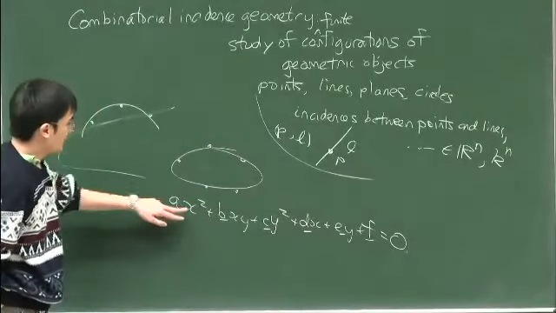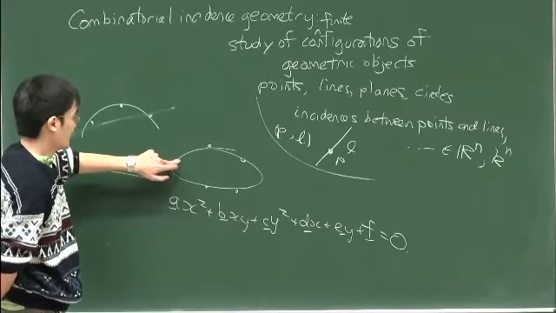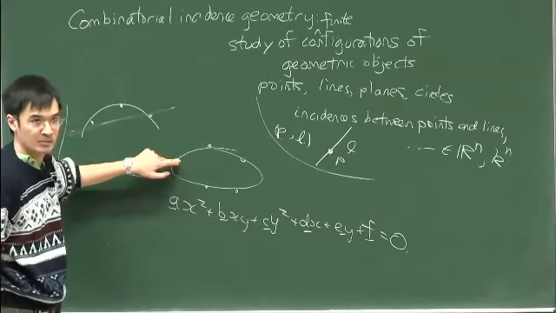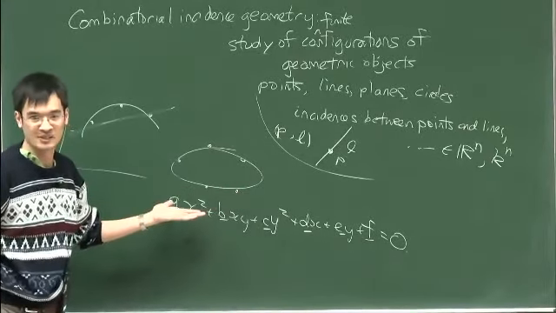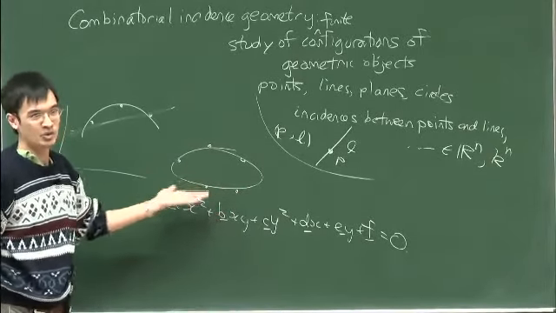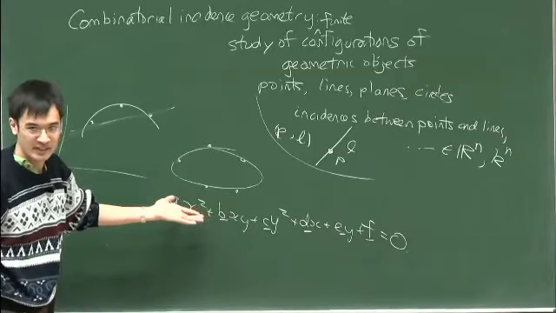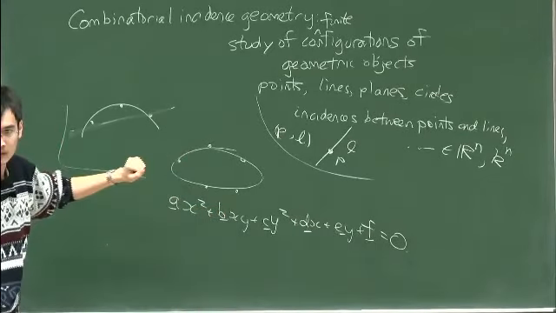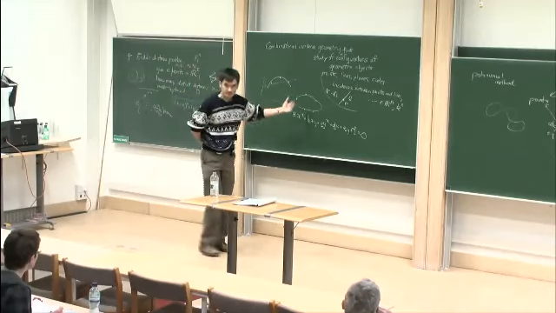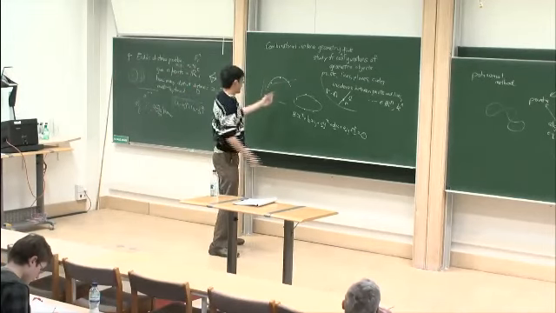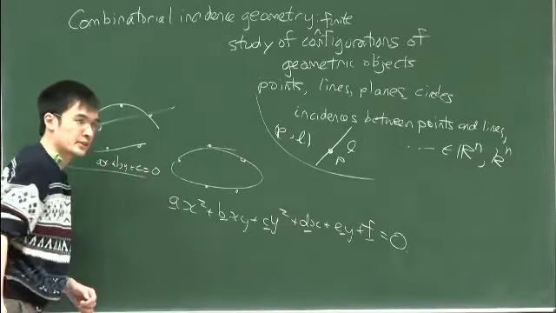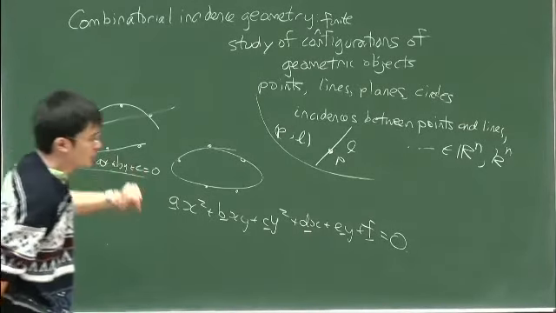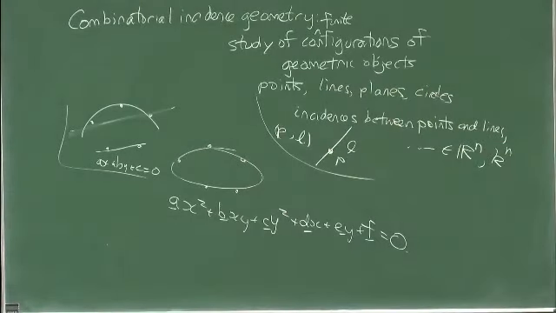Okay, and if you want this polynomial to vanish at this point, that's one linear constraint between these 6 numbers. So if you want your polynomial to vanish at 5 points, that's 5 linear constraints and 6 unknowns. And 6 is bigger than 5, so there is a non-trivial solution to this problem by linear algebra. Hence, there is at least one conic section that goes through these 5 points. That's the same reason why there's always a line between 2 points and so forth. And there's always a degree 3 curve going through 9 points and so on and so forth. And so more generally, just a basic fact,